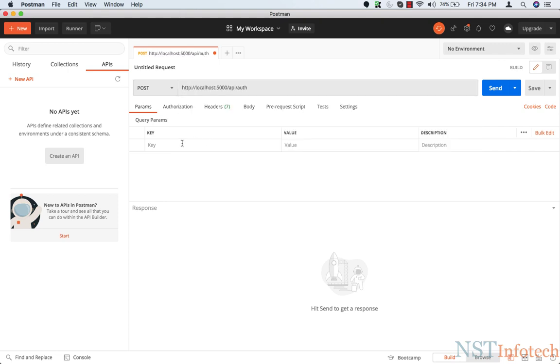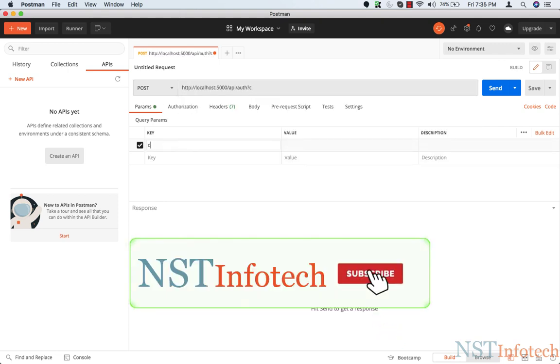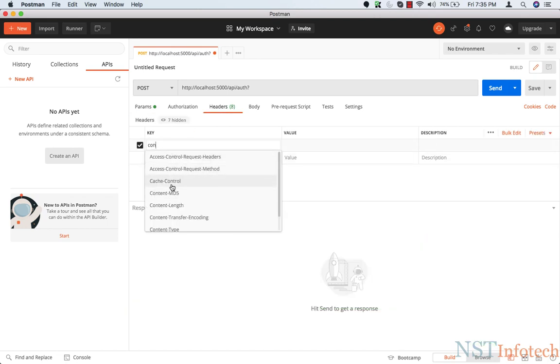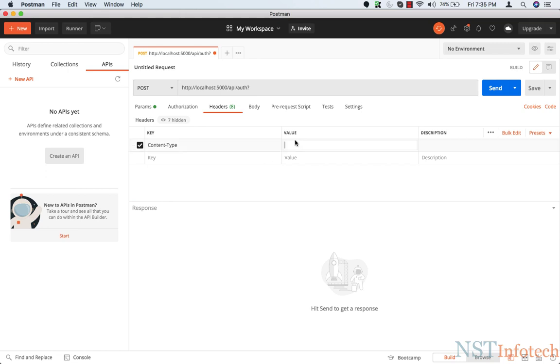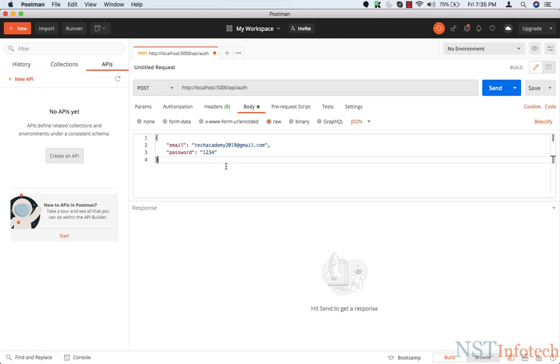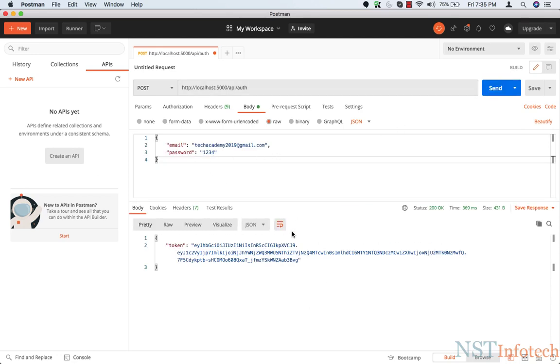In the header, we need to write content type, which is application JSON. Okay, and in the body, raw, this is a JSON format, paste it here. Let's click on send. Okay, we got the token, copy this,